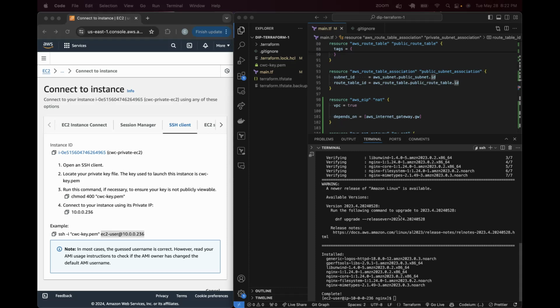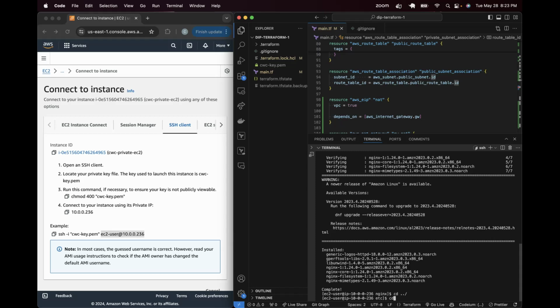Yes, I can SSH into things and I can forward traffic, or I can SSH into my private instance from my bastion host. However, I'm not sure that installing everything and doing my traffic forwarding is going to work nicely. So I'm going to keep going. You can watch these videos, or you can just try it yourself and then catch up later if it turns out you need to debug something. But anywho, we have our NGINX installed on our private